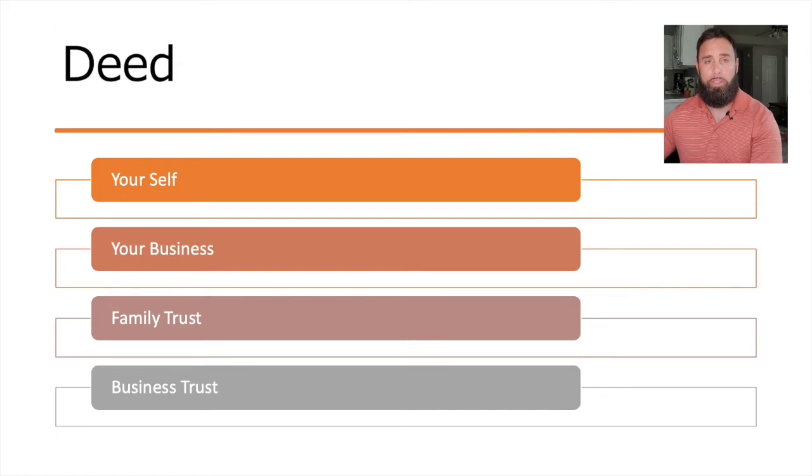Always talk to your CPA and your attorney with subject to transactions so they can give you the best insight and their guidance. So you can deed the property to yourself. You can deed the property to your business, which is what we typically do. Put it into our S Corp. And it works out really well for us. Another option is you can put it in a family trust, okay? Please talk to your attorney so they can explain to you in detail how the trust operates.